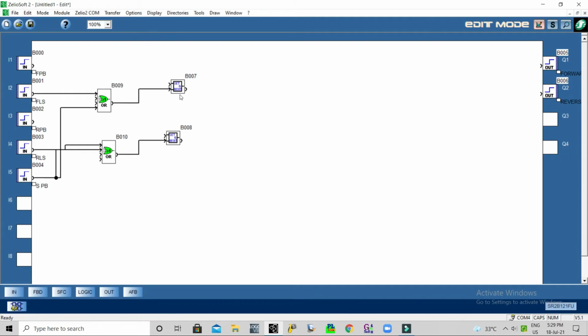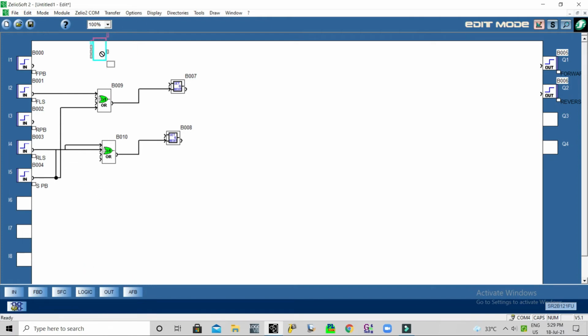Now we want to connect the interlock. For example, if the forward push button is operated and it is running, and you press the reverse push button, it should not operate reverse, in the field or in the panel. The wiring must be interlocked. But still we will provide the interlock in our program itself. We don't want to make any complicated wiring in the field. So we will make the interlock.